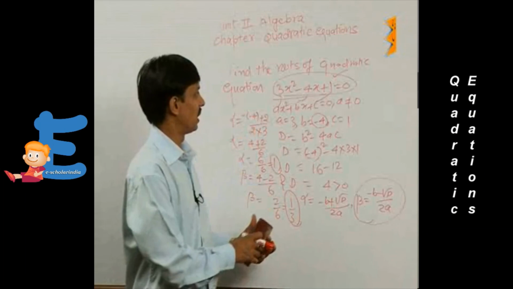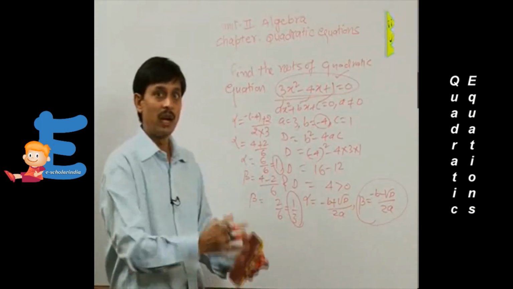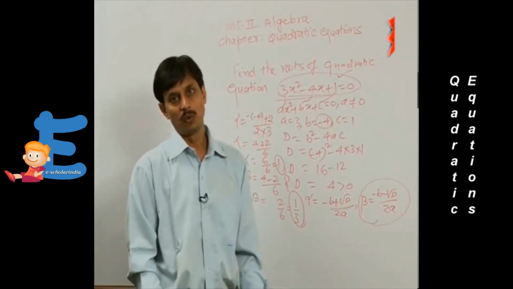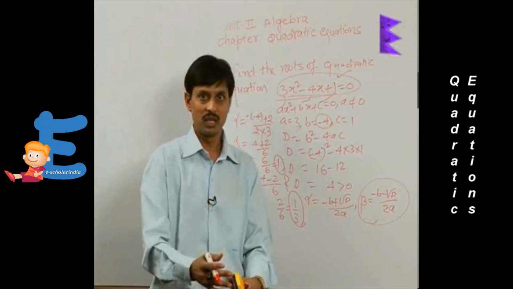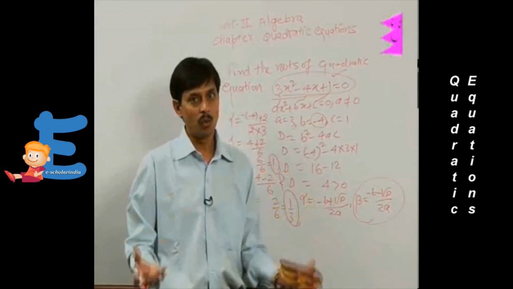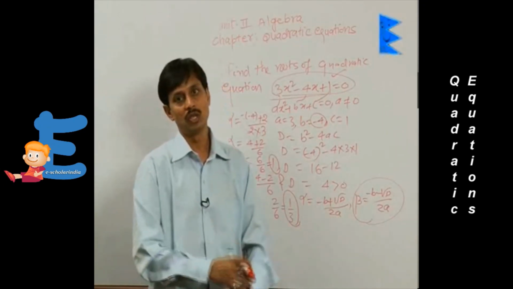So this is one example of calculating the roots, and previous to it we decided to calculate the nature of roots. Now we will discuss how to find a quadratic equation back if its zeros are